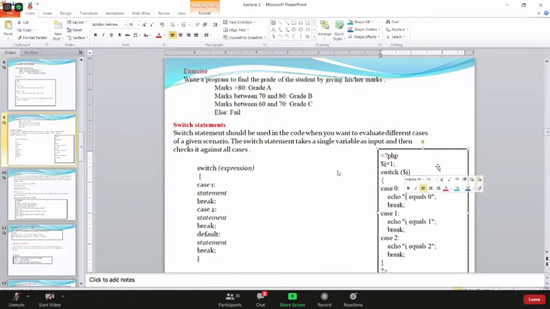If there are any errors, actually, sometimes you might open a double quote and not finish it. If you haven't closed it, or if you're missing the semicolon, you can't get the answer, right? So make the corrections, then only you can see the correct answer. And after the break, also a semicolon, then the case statement, case constant, then you can see that this is the colon, not the semicolon. It's a colon. Likewise, if you miss any of those semicolons or double quotes, whatever things, then you can't get the answer, right?